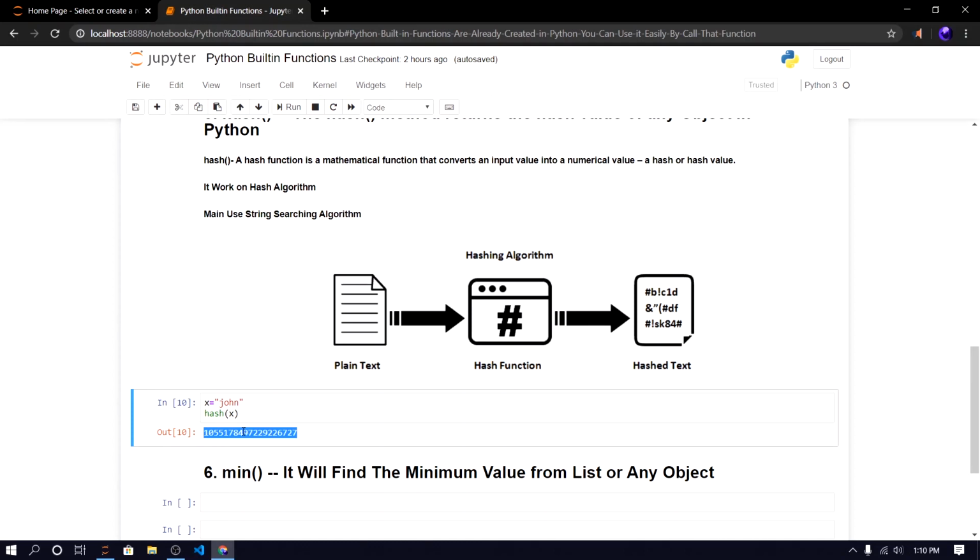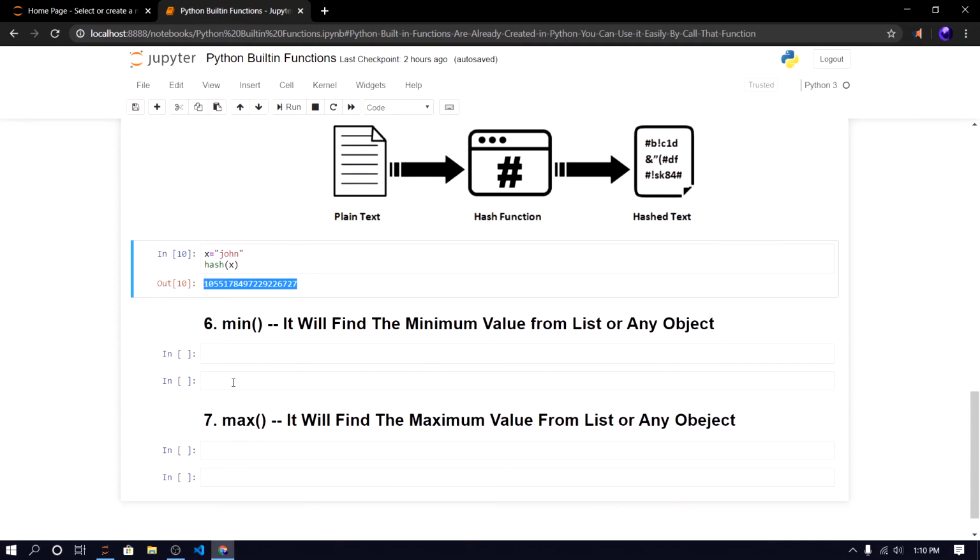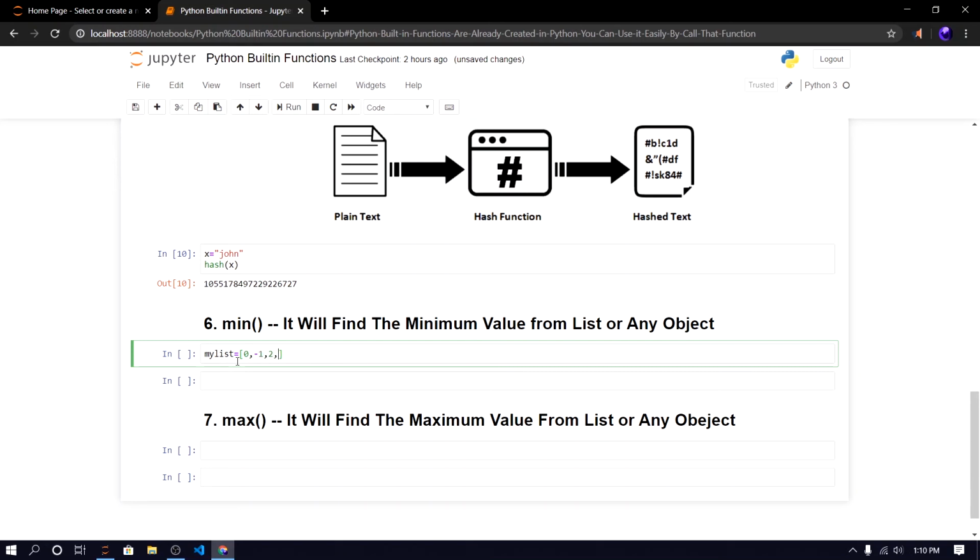Okay, so let's talk about the min function, min and max. Let's say we have one list with values like 0, -1, 2, 3, 4, 5, -2. Now I want to find the minimum value from our list. How can we do that?